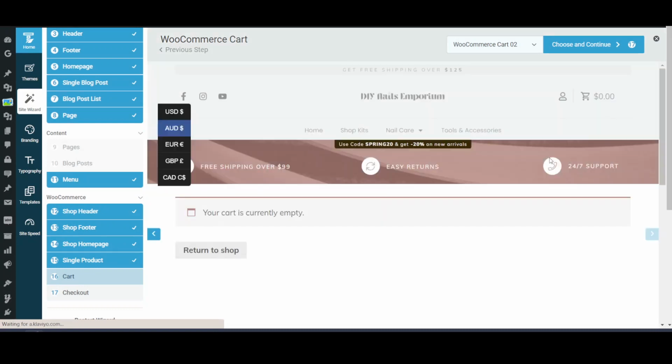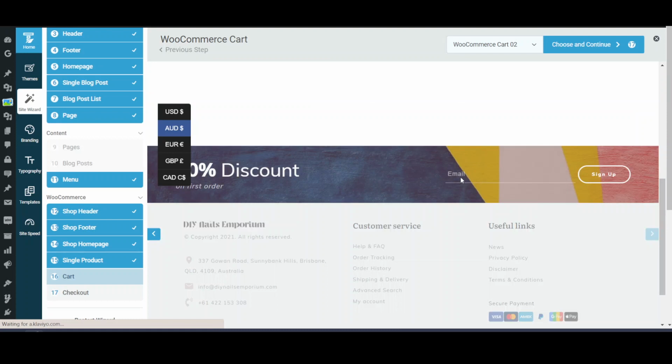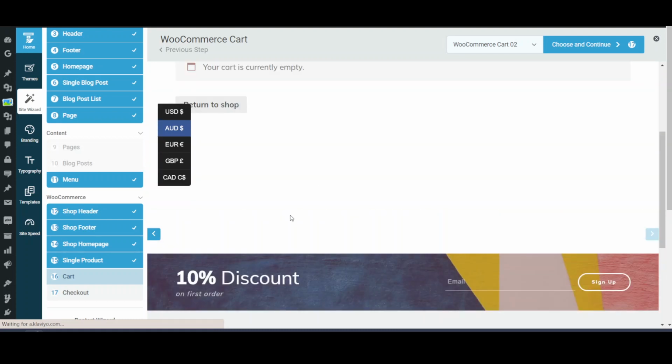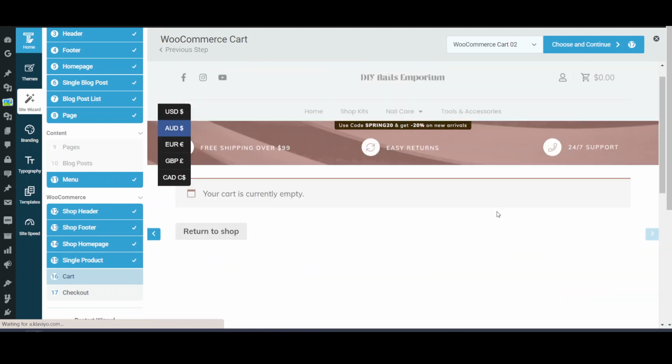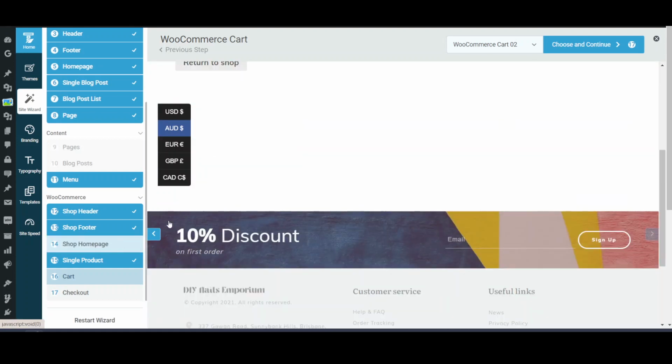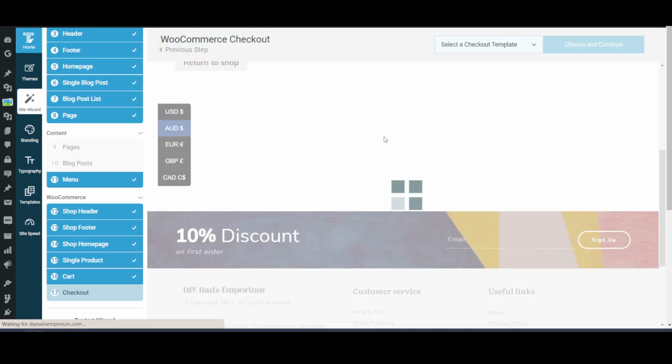Okay, so this is one of the pages, and discount. Again, you can let people connect to you for a 10% discount here, so this is again a good option. Now choose and continue.